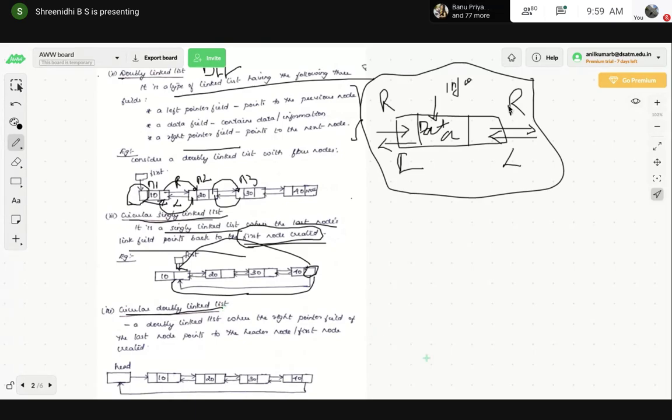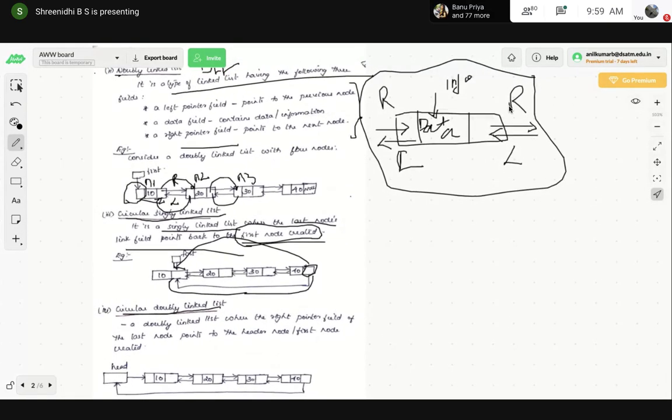The previous case, what I explained, is the singly linked list, which is represented with only one data and link, right? The doubly linked list contains a left link as well as a right link.